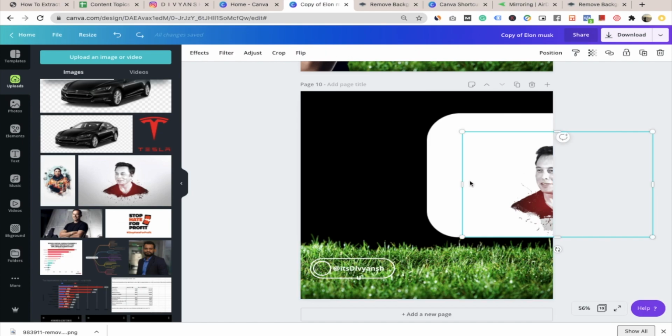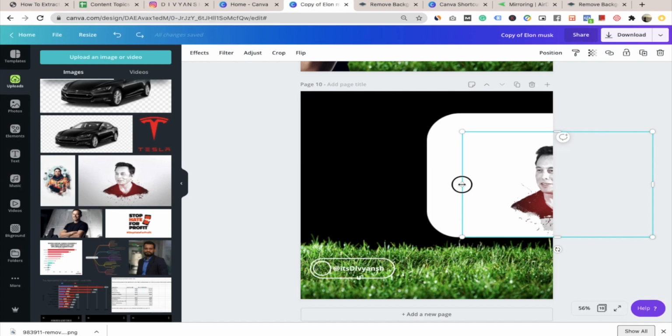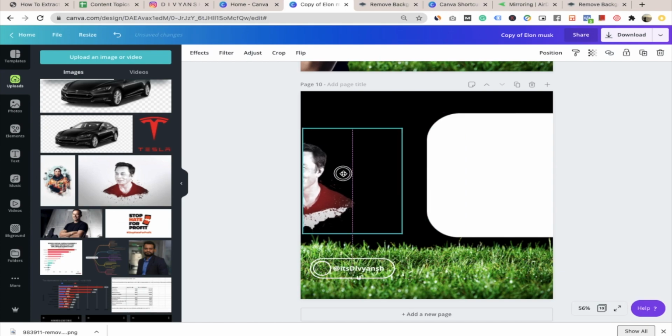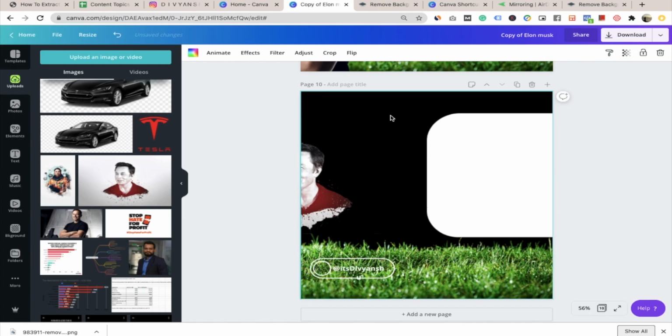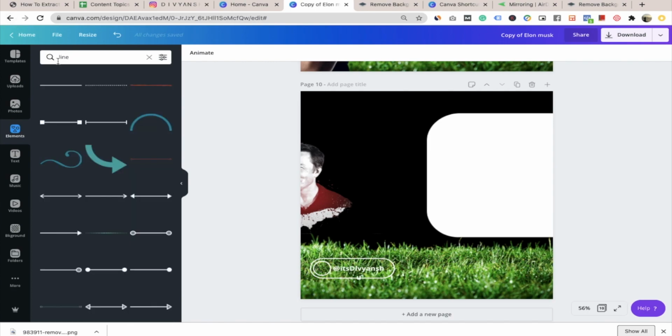And here you can see, just click here and drag it until here. Just bring this image right here, at the same degree. Just in case you are afraid whether it is going to be in the same place, what you can do is put this arrow step. So go to elements, or you can write something like dotted lines.